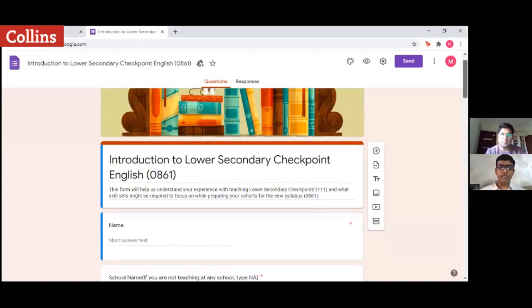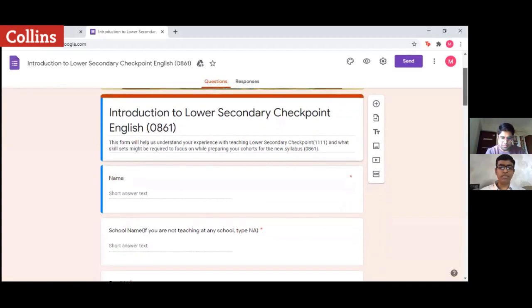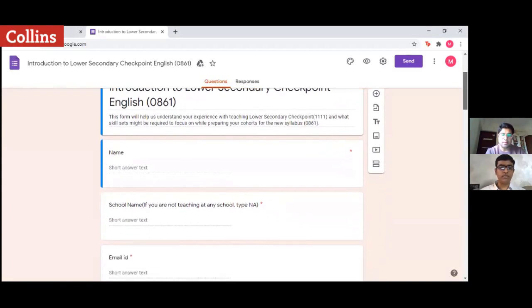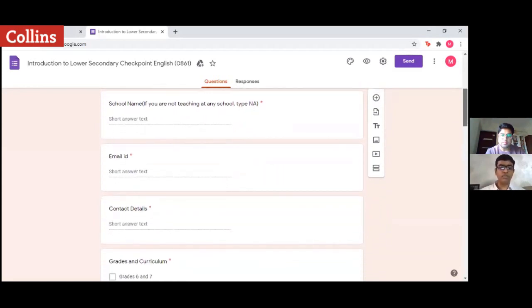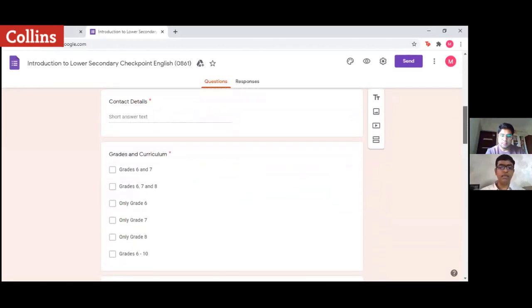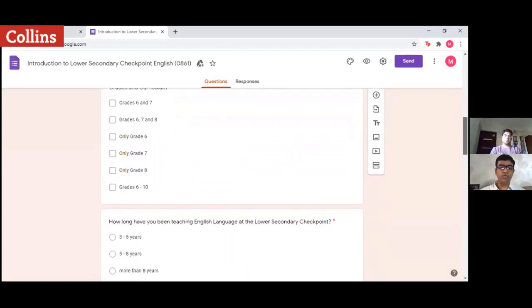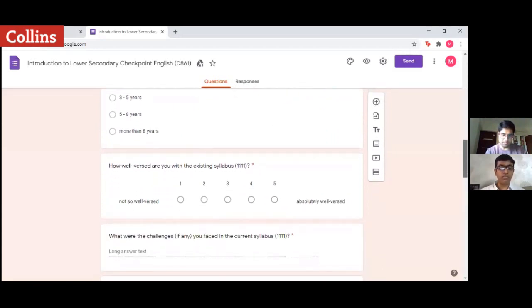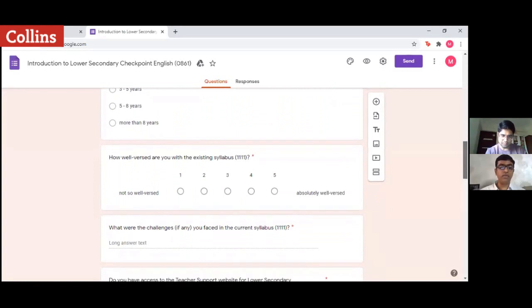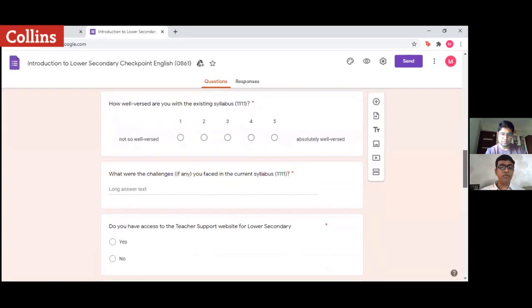So here is a small Google Form which we'll be sharing with each and every teacher who has attended the session. It's a normal form which has to be filled with contact details, email ID, the curriculum and the grades that you teach, and how long you have been teaching the lower secondary checkpoint. How well versed are you with the existing syllabus? You give your answers here. What are the challenges you are facing in the current syllabus? So this is a small questionnaire which will help us